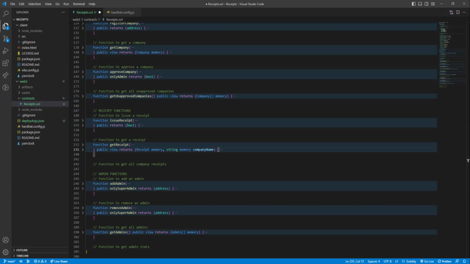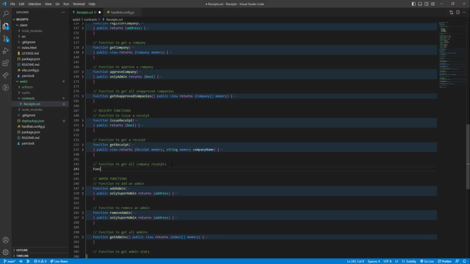Finally, get all receipts for a company, and that's going to be similar to getting all unapproved companies or getting all admins. So let's create a function. Function get company receipts. We will need the company ID, so this time it's going to be an address. Company ID. Okay, it's going to be a view only, so public view. Since we just want to return some data, view returns. It's just going to return a list of